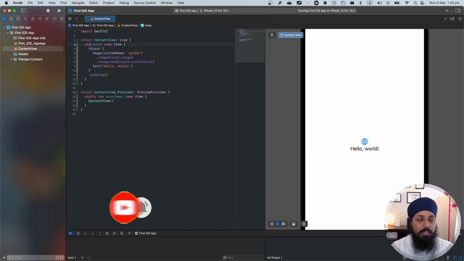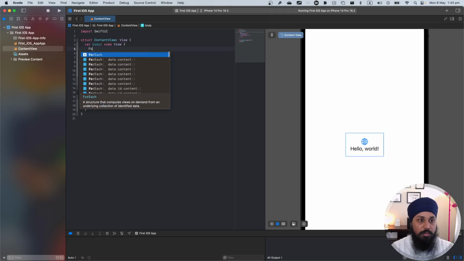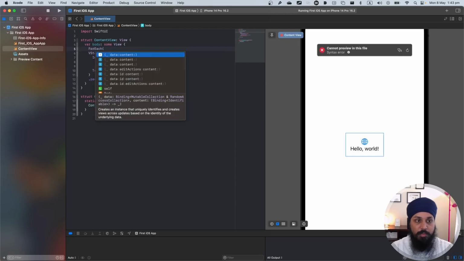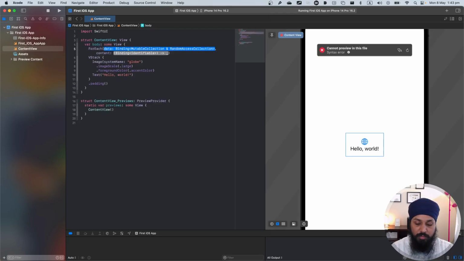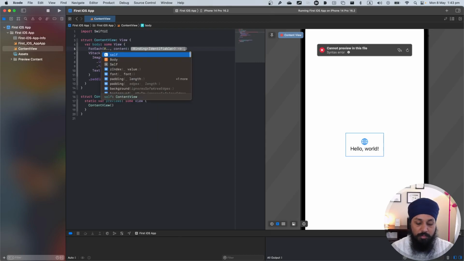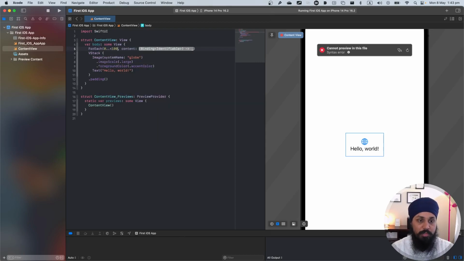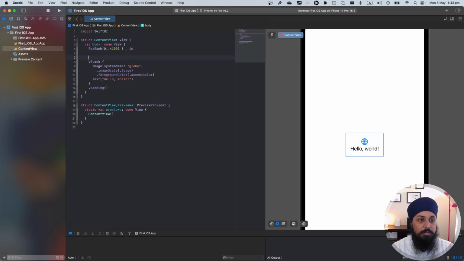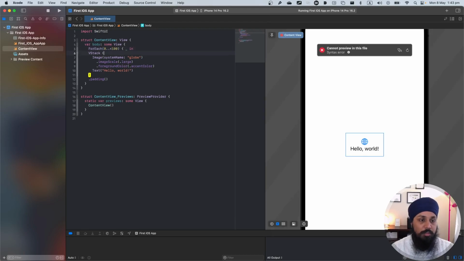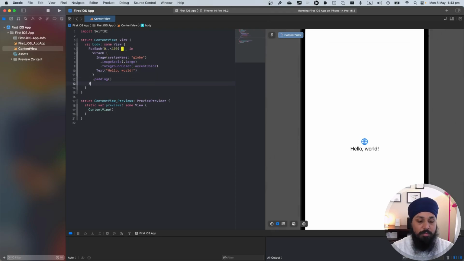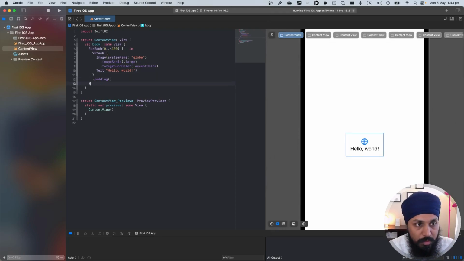So now let's say I have quite a few elements, and don't worry about the ForEach for now. We'll go through that one later in the course. So I have, let's say, 100. I want to loop over 100. I don't want to take the index. Ignore the value, come down here, and as I print my